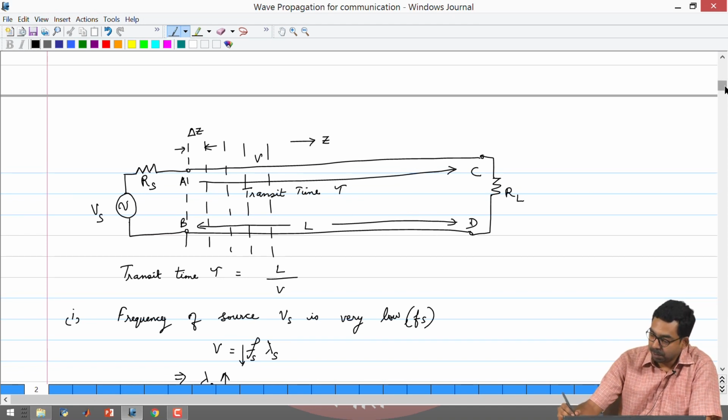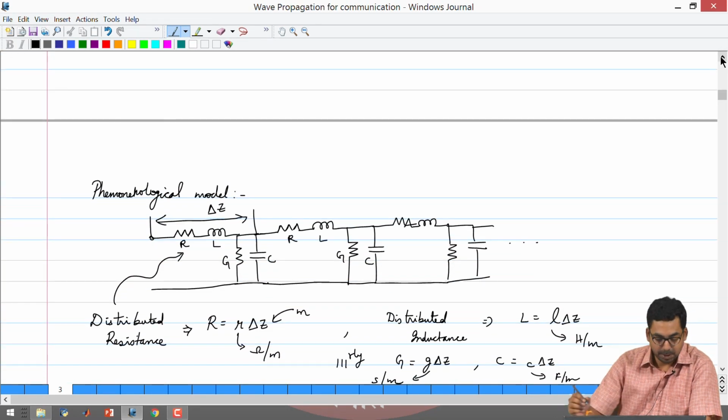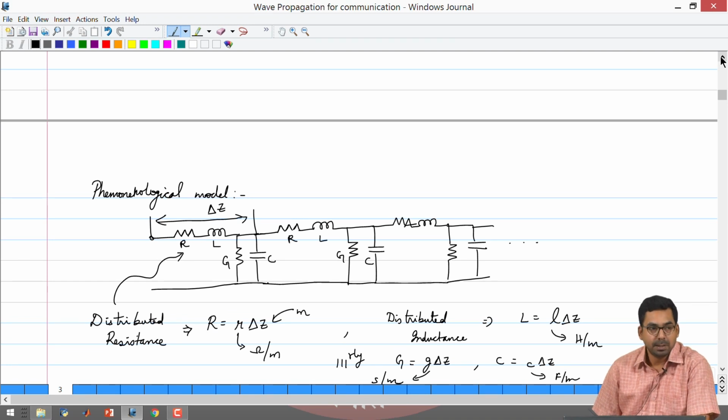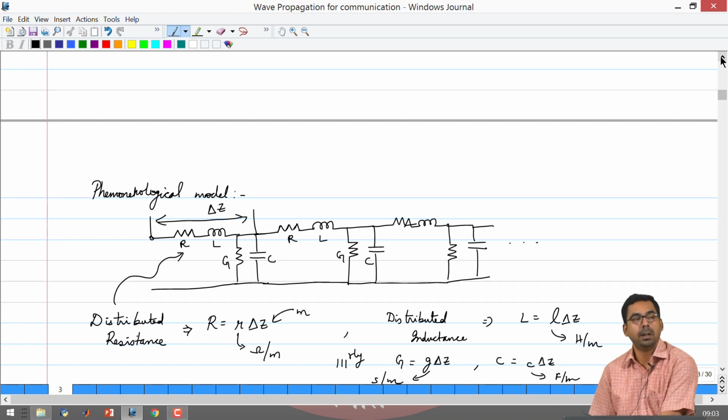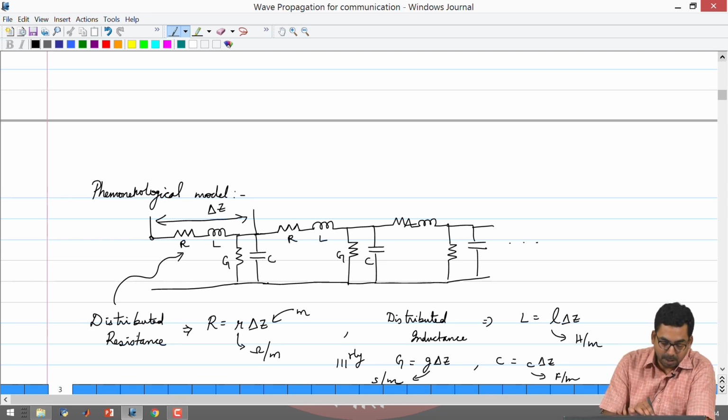And what we were noticing is that we need to account for a few things that happen in this wire. First of all, since the velocity is finite, we had to introduce some components that would introduce a delay between one side and the other side, and we already know from our low frequency circuit analysis that you could use RL or RC. Okay. This is a phenomenological model, which means that we are considering the self inductance of the wire and the capacitance between the forward path and the return path for the current, right.